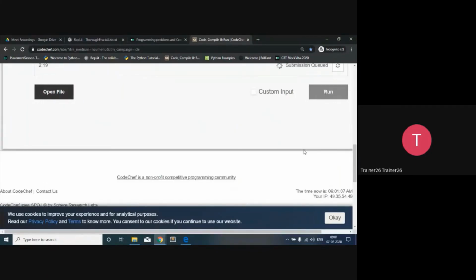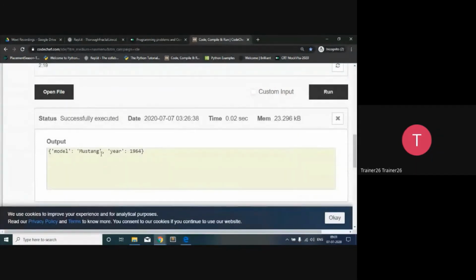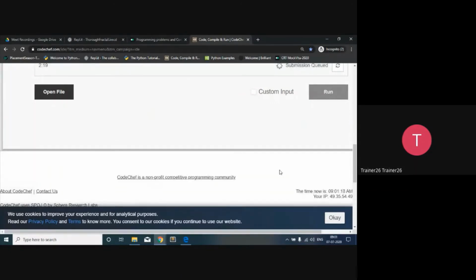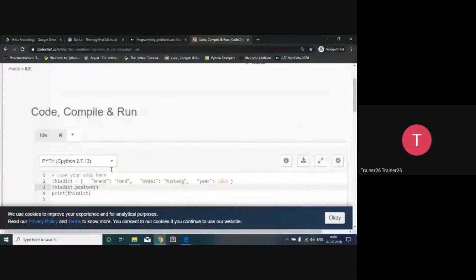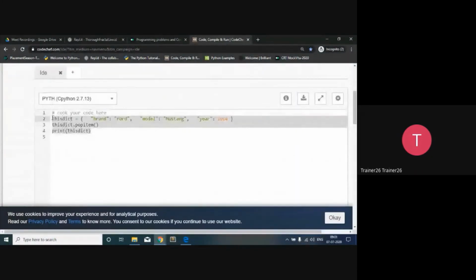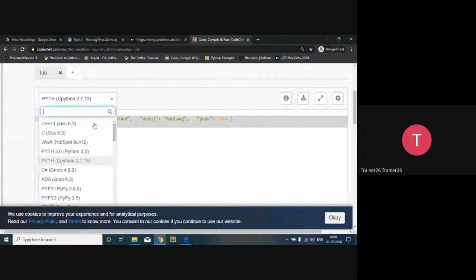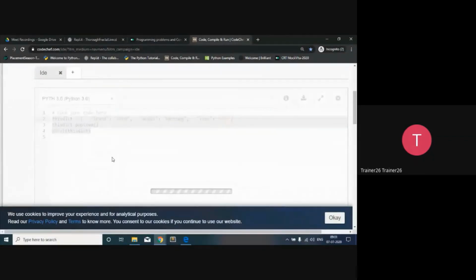Then the second time. In the second time also he removed the brand. And in the third time, let's see. It also removed brand over here. So let's go to the same piece of code with Python 3.